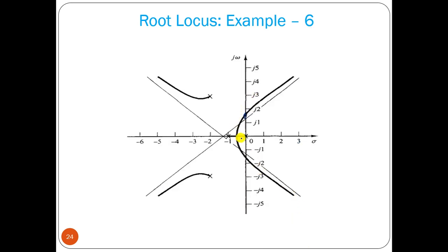So this is the plot, this is your breakaway point. This two pole comes here, breaks away, and it should go along these two asymptote lines, 45 degree and 315 degree. There is no root locus path existing along this angle, minus 142. It should go along these two asymptote lines to infinity. So this is the plot.